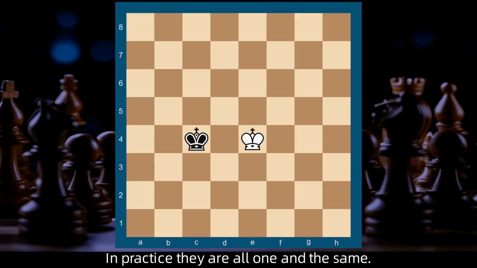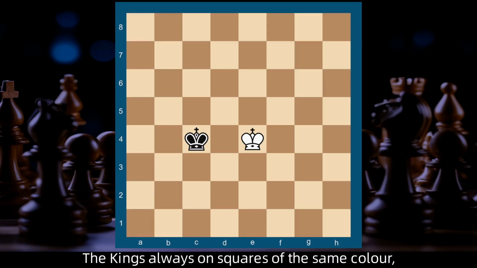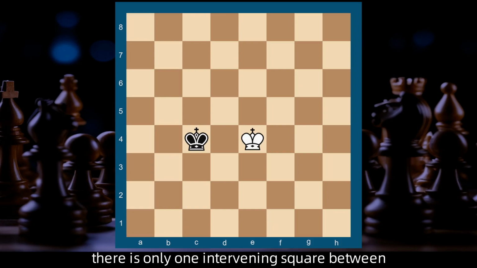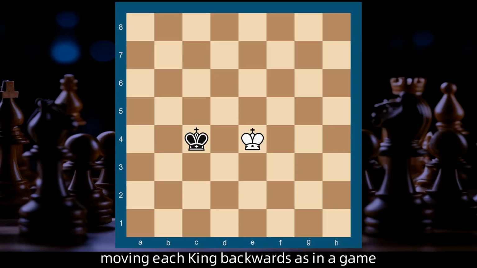In practice they are all one and the same. The kings are always on squares of the same color, there is only one intervening square between the kings, and the player who has moved last has the opposition. Now, if the student will take the trouble of moving each king backwards as in a game in the same